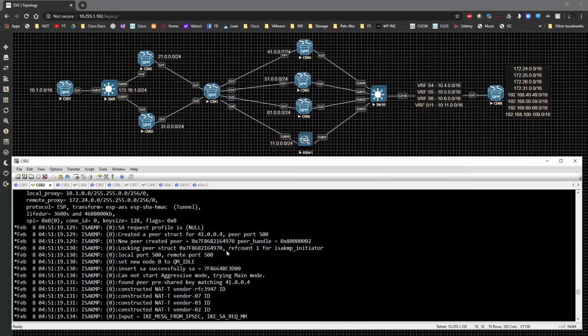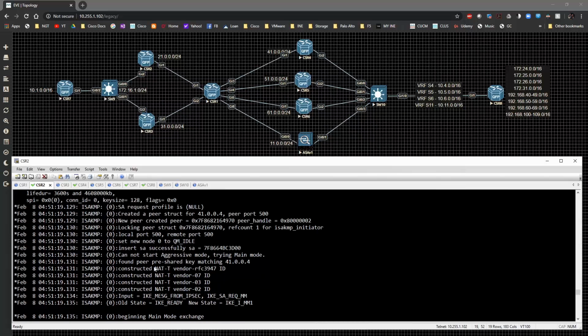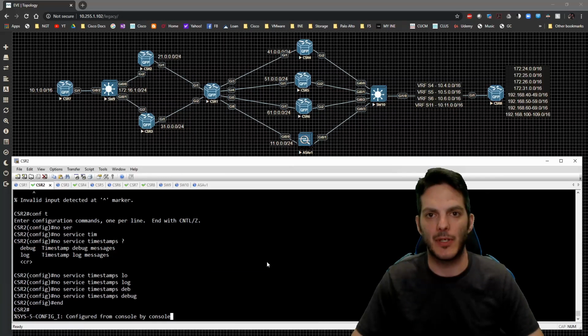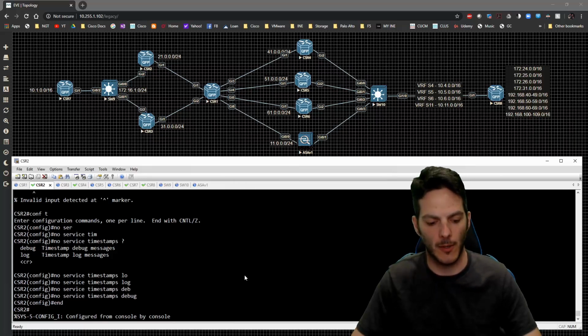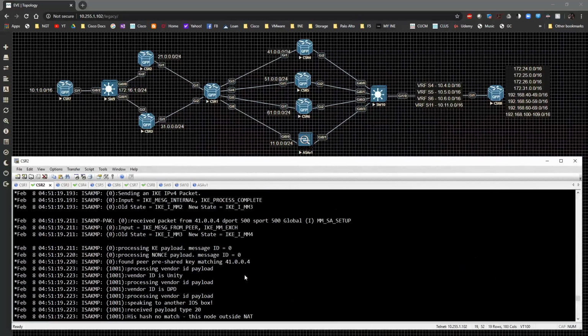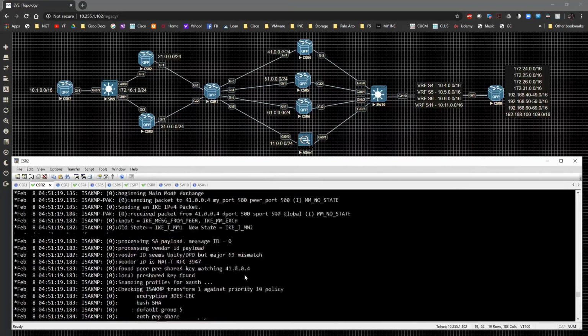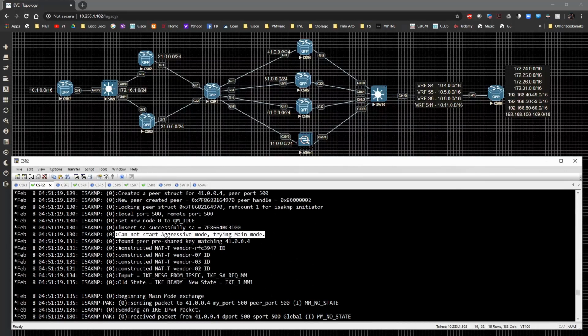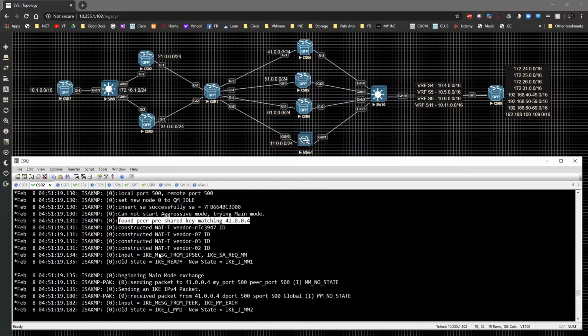We have to go and figure out what we're going to do in terms of operations. We found a pre-shared key. We are not going to do aggressive mode. We're going to try doing main mode. This is something that's dynamically negotiated, so we would have to turn aggressive mode on in order for it to work. Scroll back up to the top real quick. And then we found a pre-shared key matching 41.0.0.4. We go into main